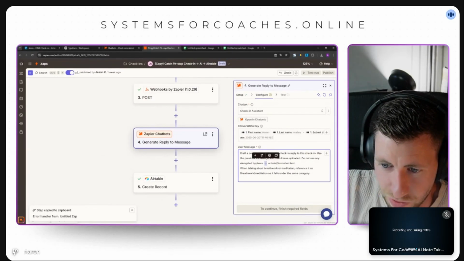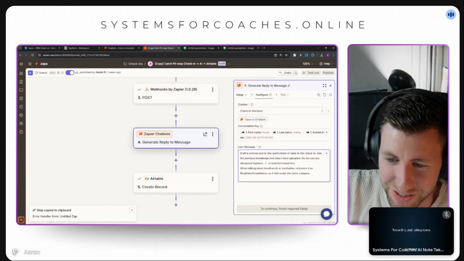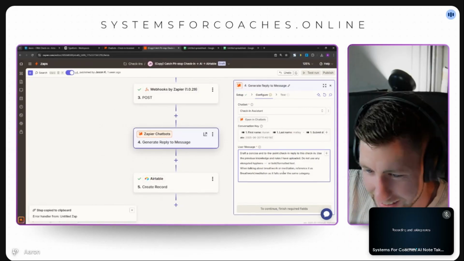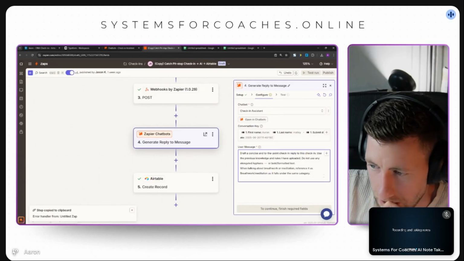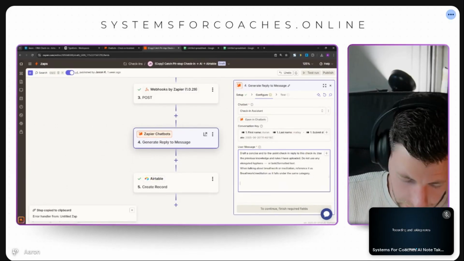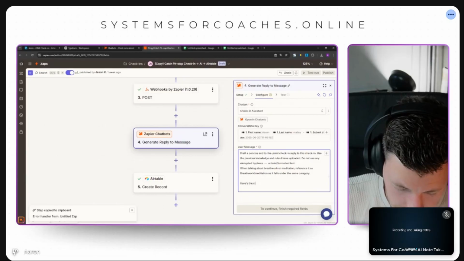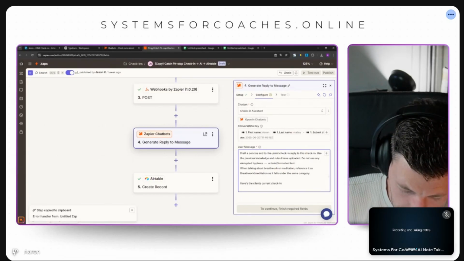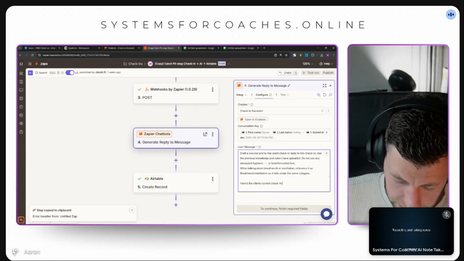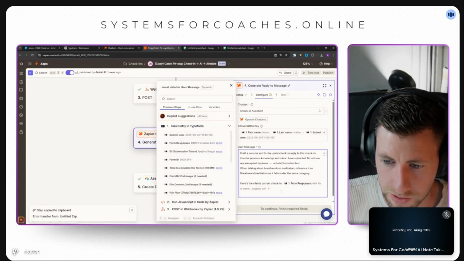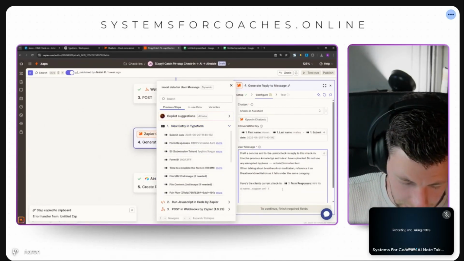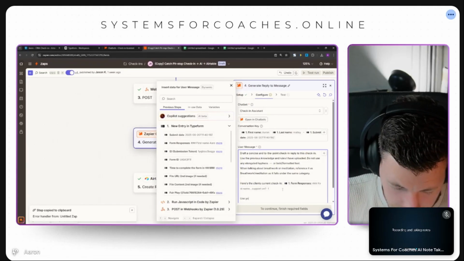That's a big one. Don't use that with AI, or don't use that. AI did that. It's ridiculous. And talking about breathwork, it references breathwork and meditation as it falls under the same category. Okay. So you could say something like, here's the client's current check-in, and then we will go get the full form responses. Then we'll say use